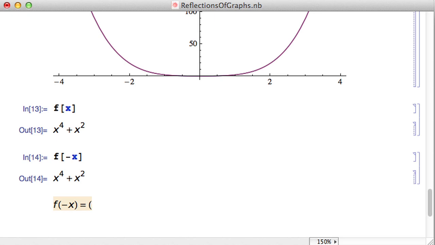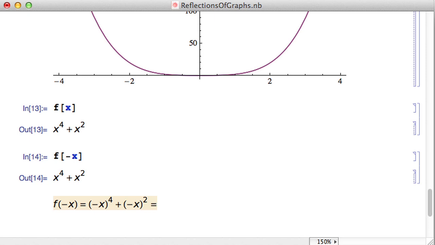Now you have to do this correctly, and when you replace a letter with another letter or another symbol, you have to put it in parentheses so you don't make a mistake. So I'm taking that x to the fourth and replacing x with minus x. I have to put it in parentheses, otherwise my replacement is wrong. And then I put minus x, close the parentheses, and then square it. And then when I simplify this, minus x to the fourth power is just x to the fourth, because the minus sign dies out. Minus 1 to the fourth power is 1. And the same thing for the x squared. Minus 1 squared is 1. So I do get x to the fourth